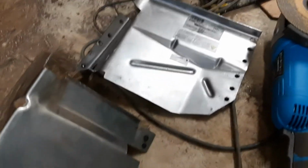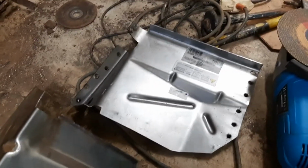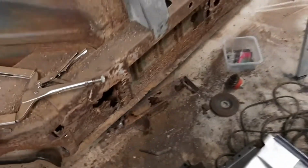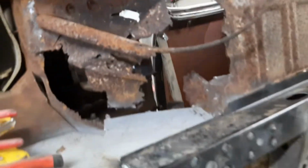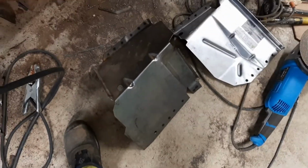I decided to split it. It was welded together, but it is impossible to get it installed in one piece. So small pads in there, and after that I will put the outer one